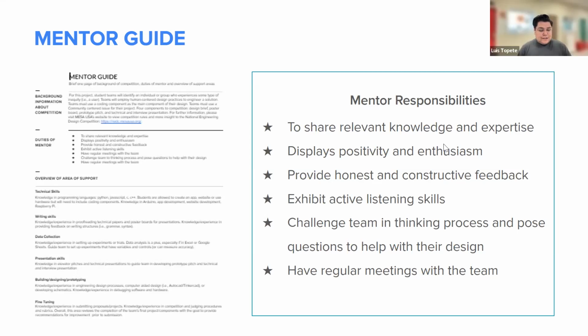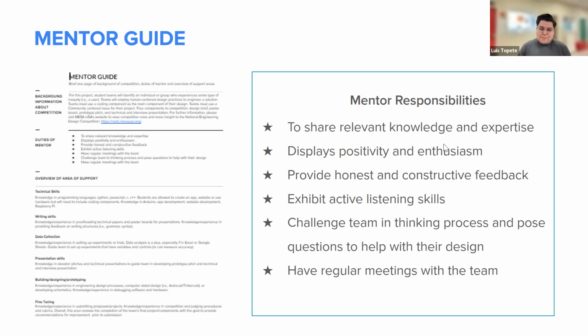I'll also add that, in many cases, when talking to mentors or trying to pull a mentor into a team, there's a lot of times an industry member already does this. They're already mentors for other students, other teams, and so they might not need a lot of the specifics. The mentor guide would still be very valuable, just so they can get a snippet of what the National Engineering Design Competition is all about. They can know what they're expected to do or provide, and I know that this mentor guide would be very valuable, especially for someone like maybe a new industry member,